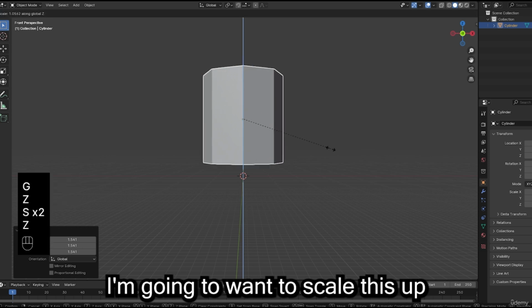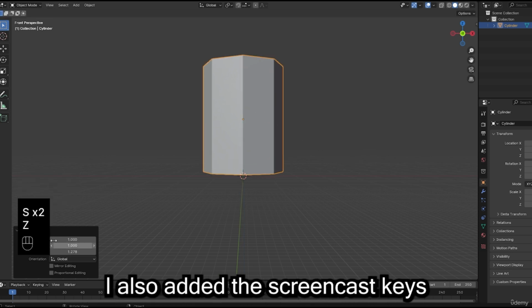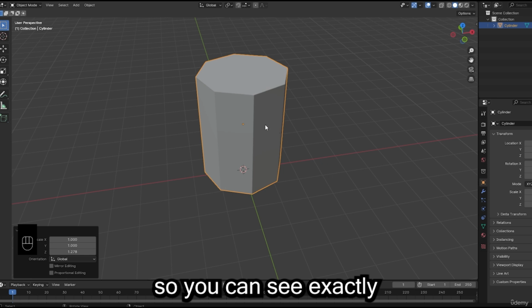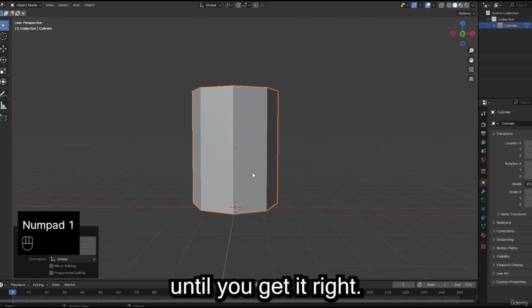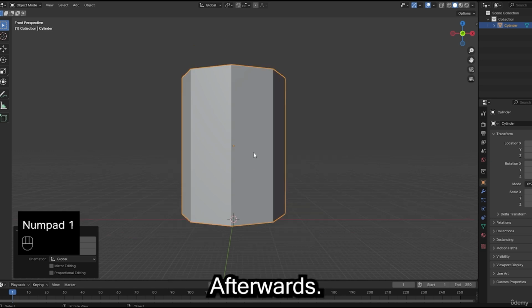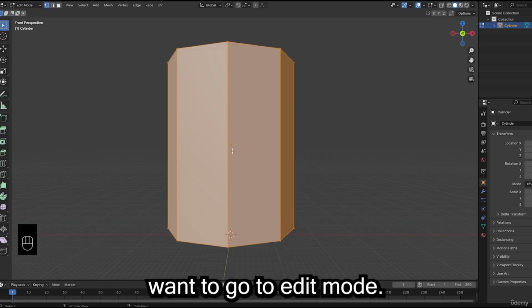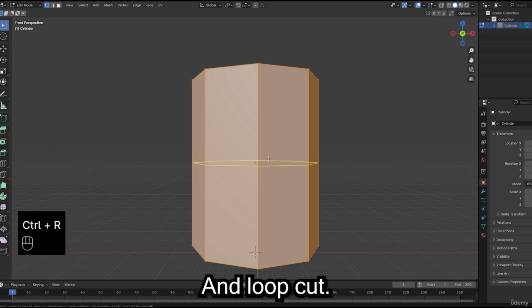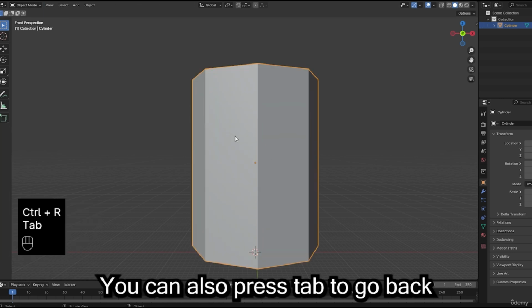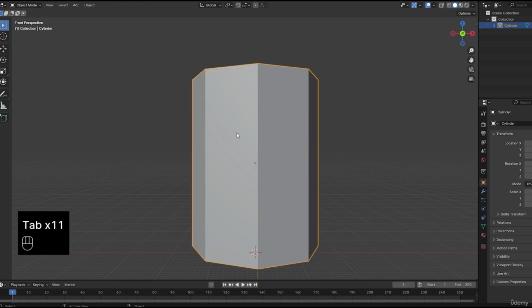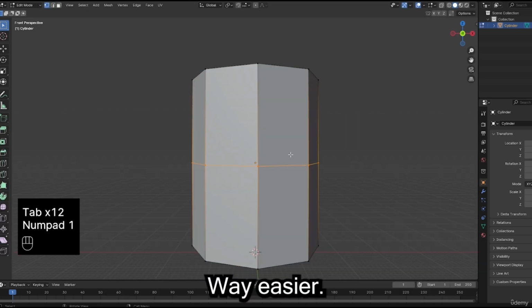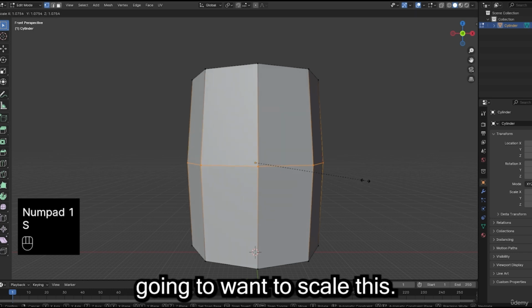I'm going to want to scale this up a little bit. I also added the screencast keys so you can see exactly what I'm doing. You can pause, you can go back until you get it right. Afterwards, we're going to want to go to edit mode and loop cut. You can also press tab to go back and forth to edit mode and object mode. Way easier. Afterwards, we're going to want to scale this,